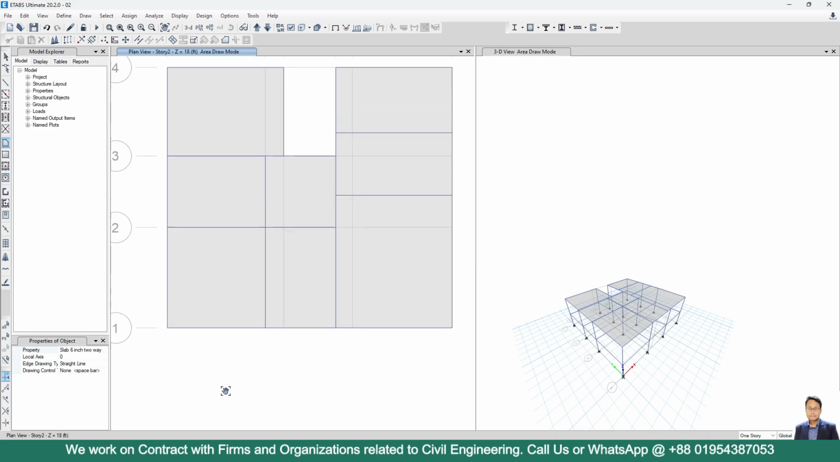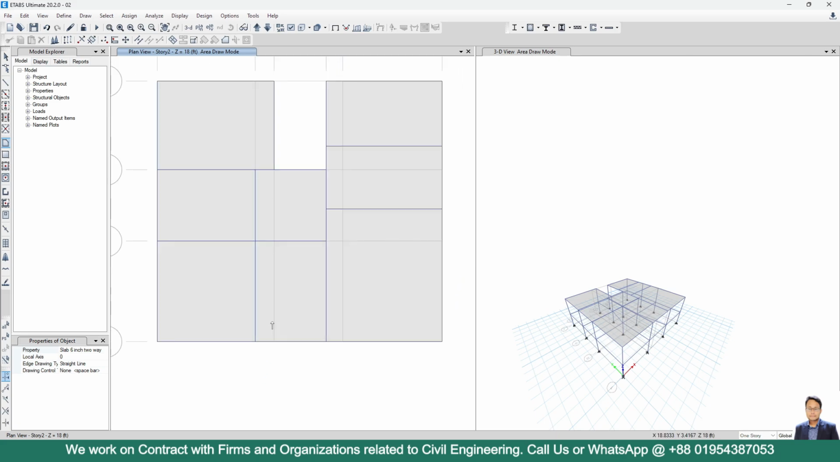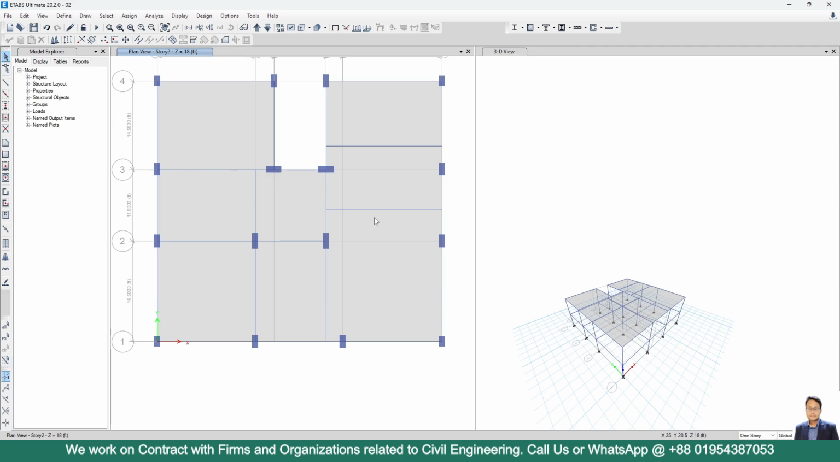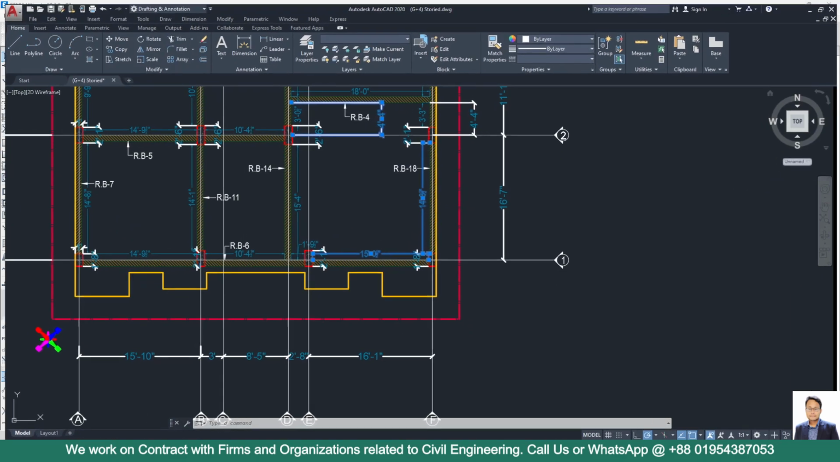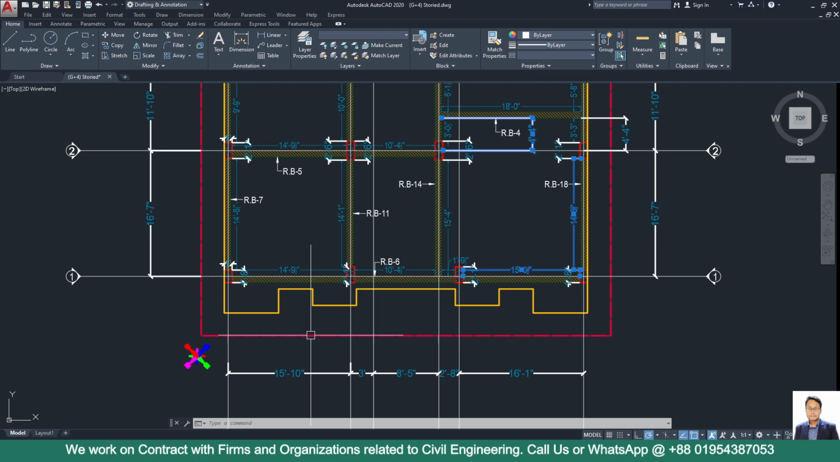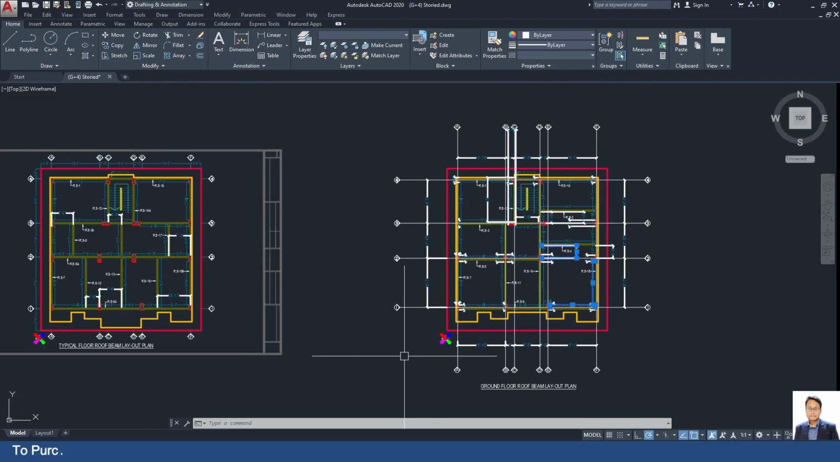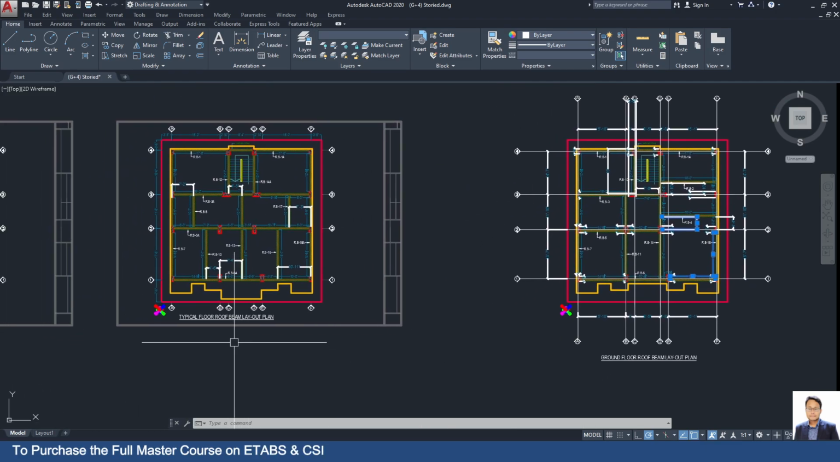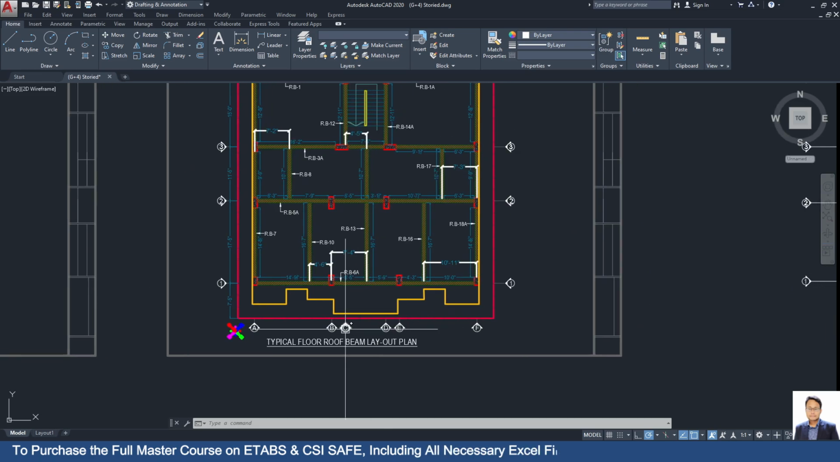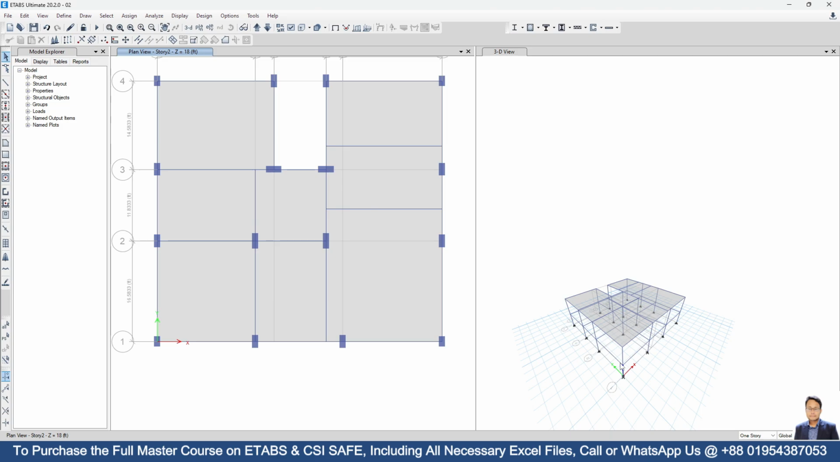Okay. By this way, we have completed modeling of slab, but we have some cantilever portions here which we will model later. At first, replicate this floor because there may be some variations in the typical floor roof beam layout plan. So at first,